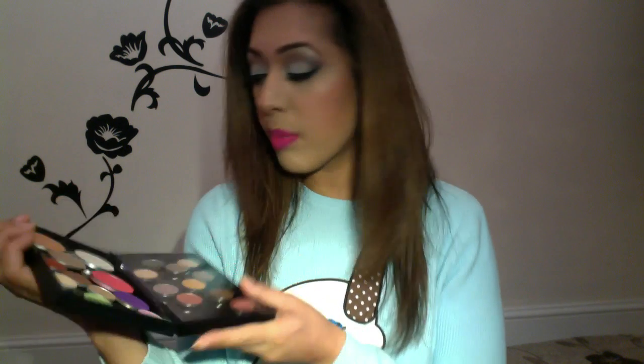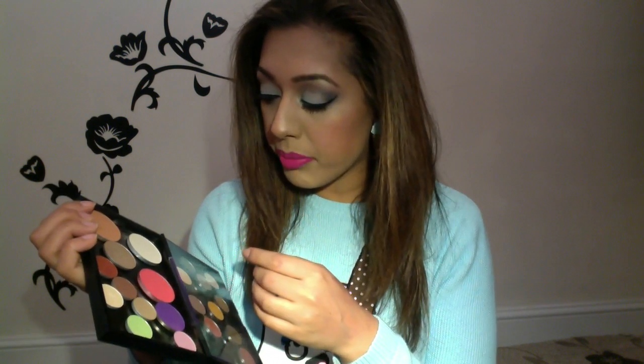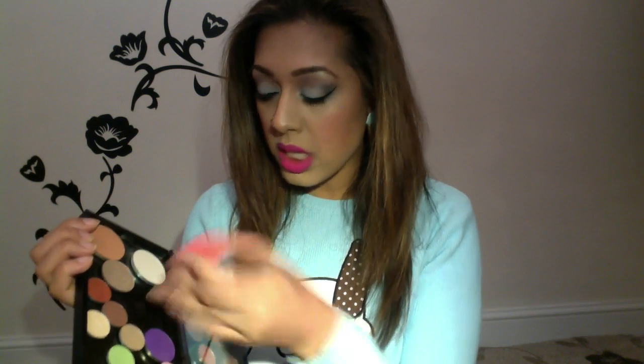Okay, so every now and then after work, I suddenly feel the urge to just drive into central London, because it's free parking after 6:30, and I really wanted to go to the MAC Pro shop, because there aren't really that many in the suburbs of London. They're all in central London, so this one is probably the closest one to me, and I got a few things from there. Now, this is my MAC palette, and some of the things that I got was this one,